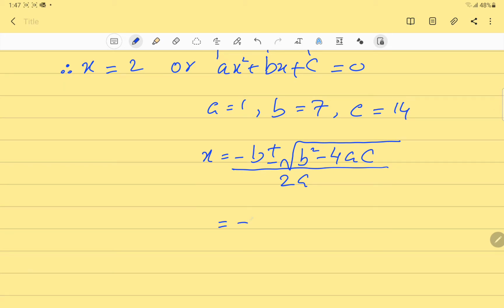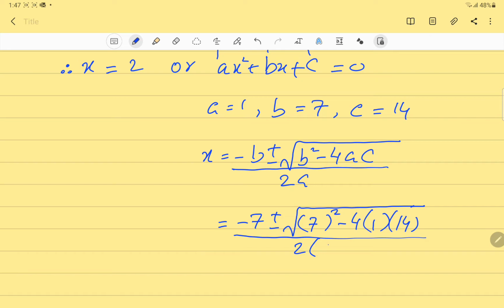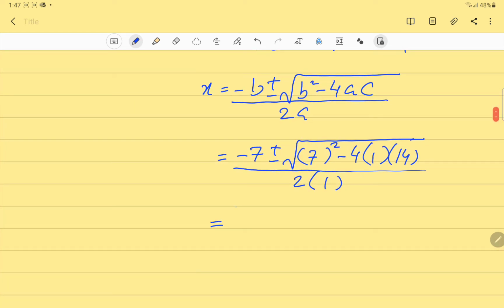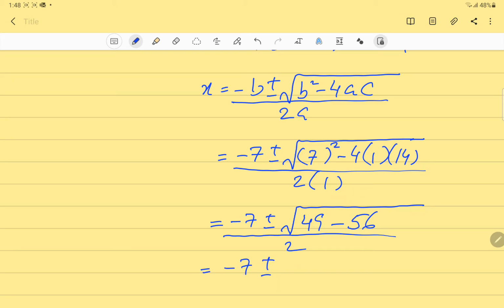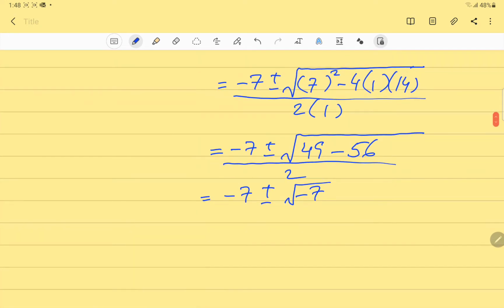So minus 7 plus minus square root of 7 squared minus 4 into 1 into 14 over 2 into 1. So minus 7 plus minus square root of minus 7 over 2. Minus 7 plus minus iota over 2,